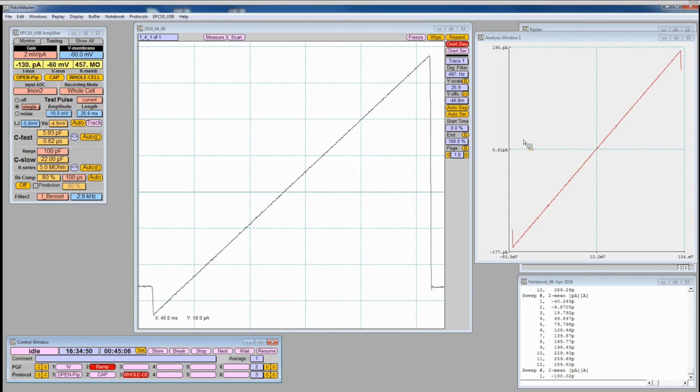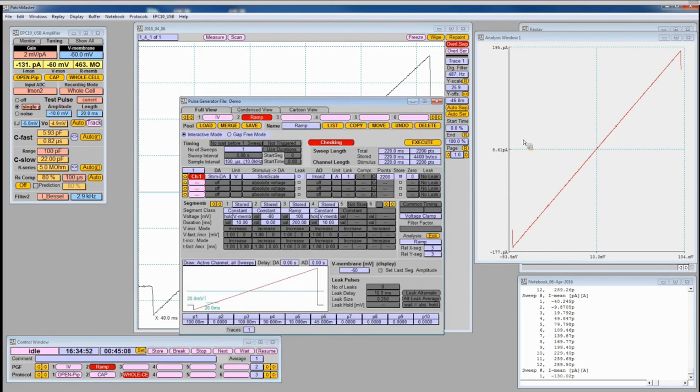And for example, if you open the protocol editor, you can, instead of no time at all in the step from holding potential to -80, basically this front part here, you can say step there for 2 milliseconds. Yeah, so now there's a very small little time where the amplifier steps to this -80 before the ramp starts. The same is true on this side. I can actually tell them to go to the value of